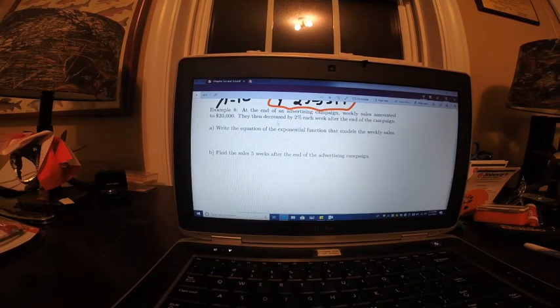We're going to wind up using y equals a times 1 minus r raised to the x. Okay, so it decreased by 2% each week, and our initial value was 20,000. So y equals 20,000